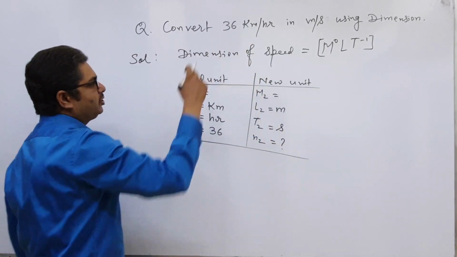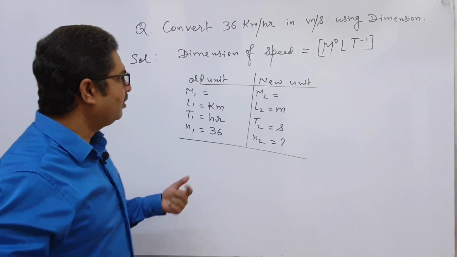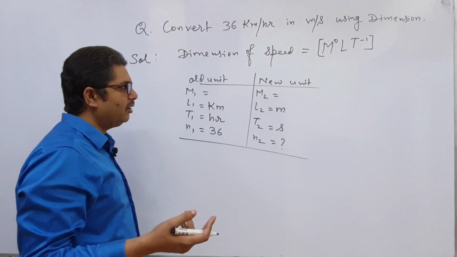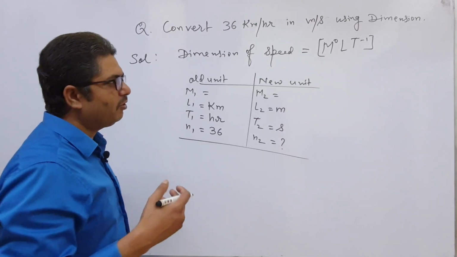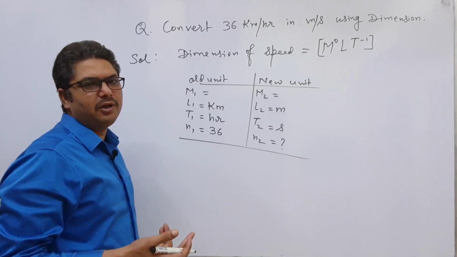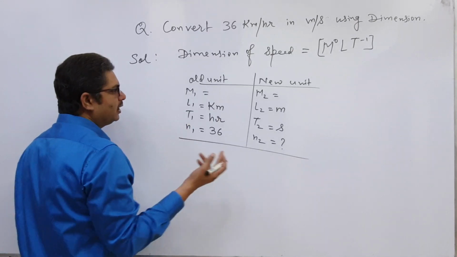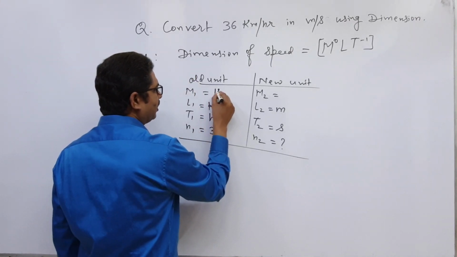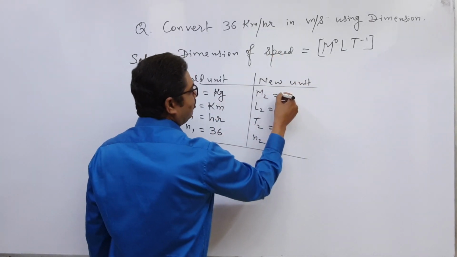And in this equation M1 and M2 are not given. So if M1 and M2 are not given, either you leave it blank, or you can write a common term for this. If you write a common term for this, it will be okay, no problem. But you write something here. So suppose I write here for M1 mass will be in kg, and suppose here also I write it will be in kg. Okay.